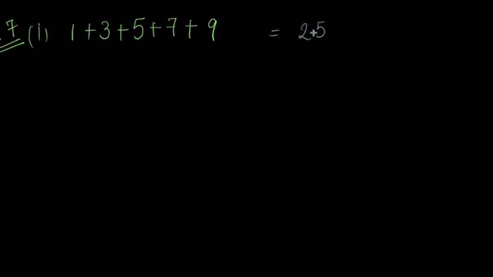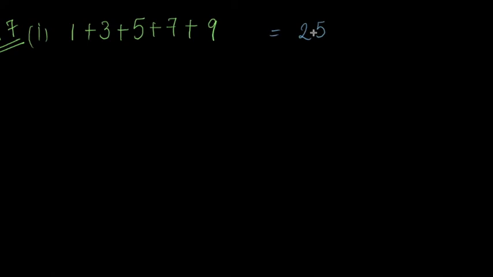Moving to the next question, which is your question number 7 of the exercise, says without adding find the sum. That's an interesting question. Without adding you have to calculate the sum 1 plus 3 plus 5 plus 7 plus 9. Though you can add it and you know that this will give you the sum as 25, but if the question comes for more odd consecutive numbers, how can you calculate the sum without actual addition?